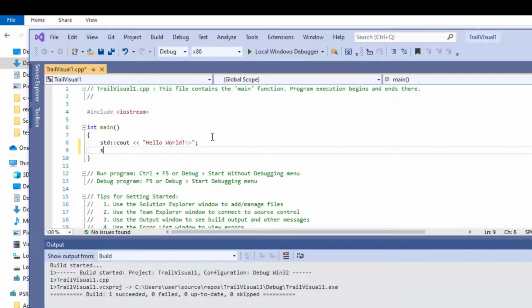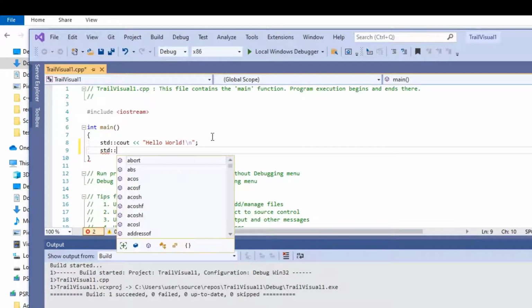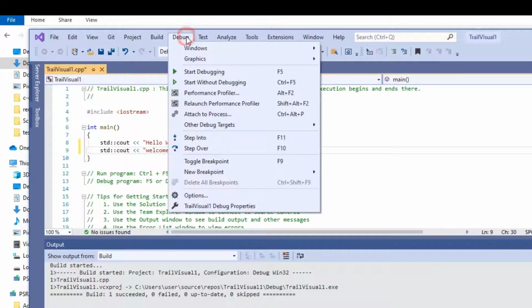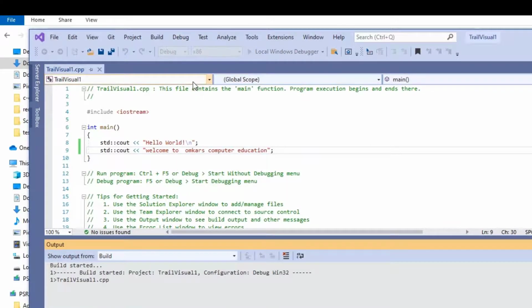I am writing another one, cout, hi Omkar computer education. I am changing this. Then I am clicking on debug, start without debugging.